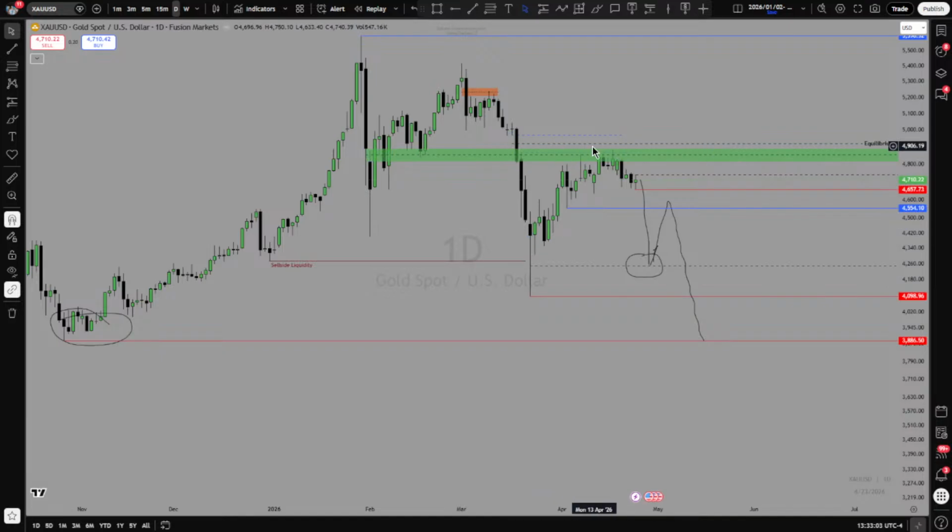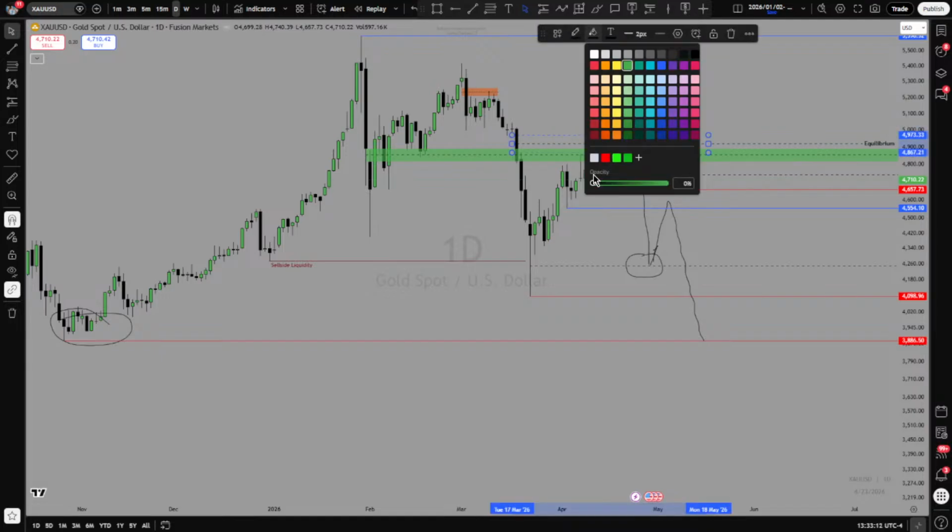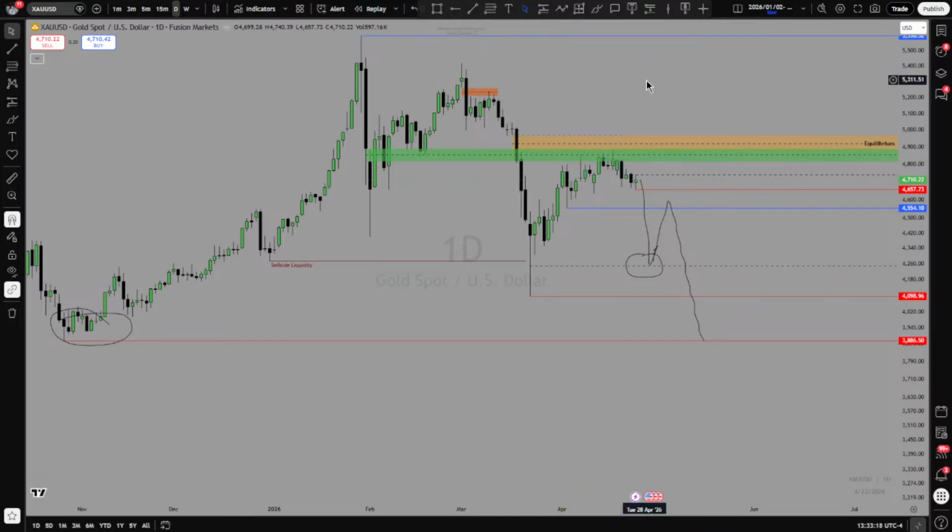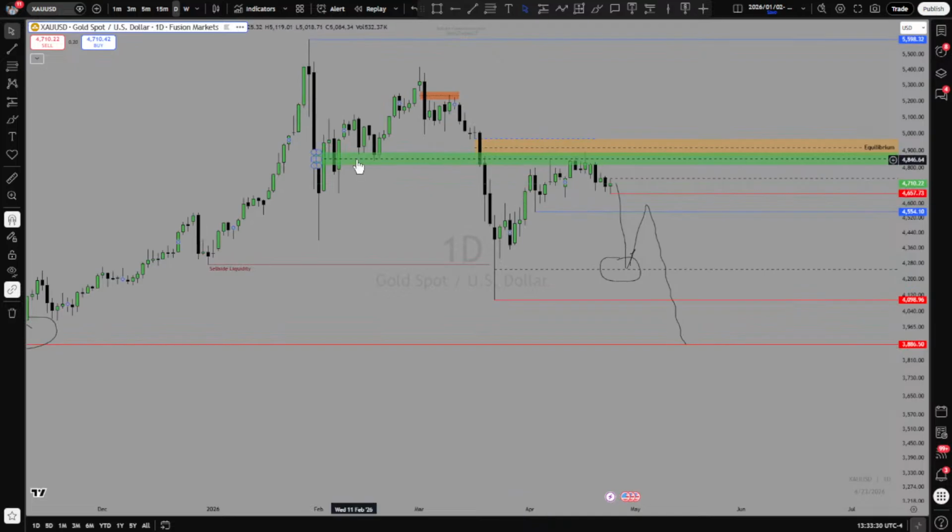Then I wanted to see if the price can actually close outside this fair value gap, because this is a fair value gap. If I can just turn this on, because I turned it off. Let's use a different color maybe. As you guys can see, we went higher, then we respected this perfectly. This is exactly what I wanted to see. So the price respected this, then came to this fair value gap, tapped into it, then started moving lower on the daily time frame.